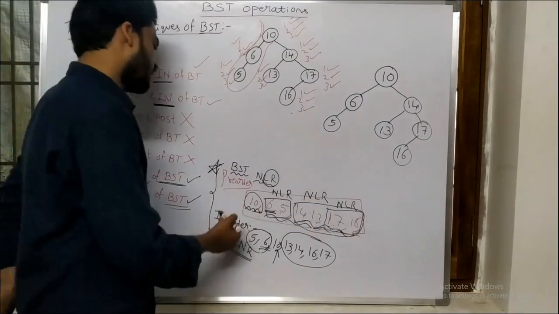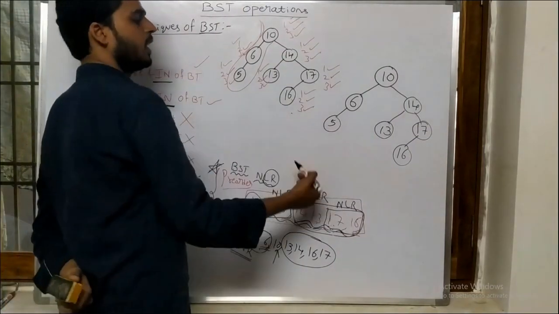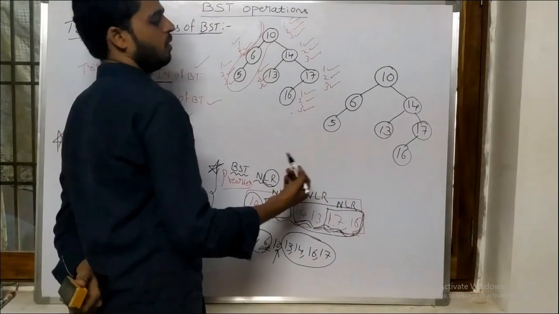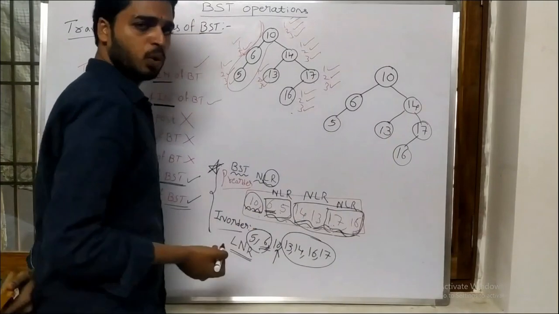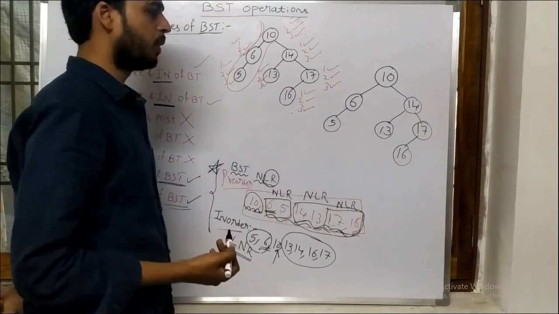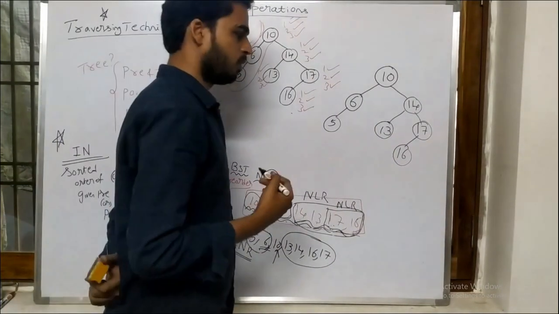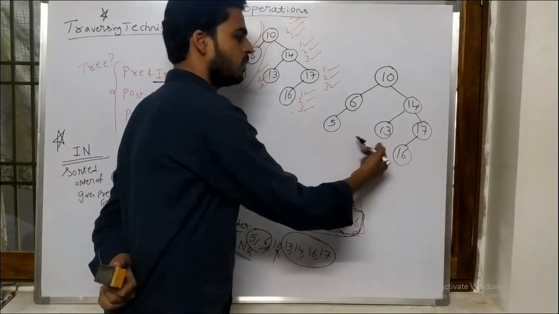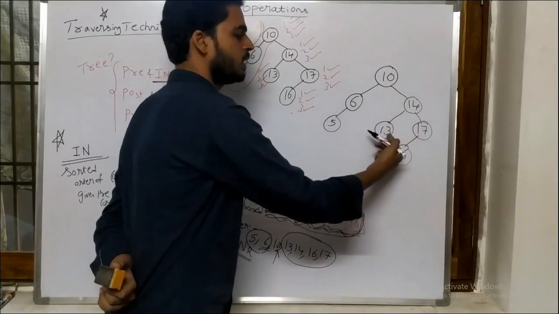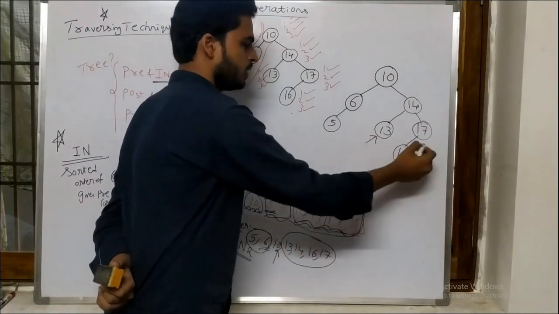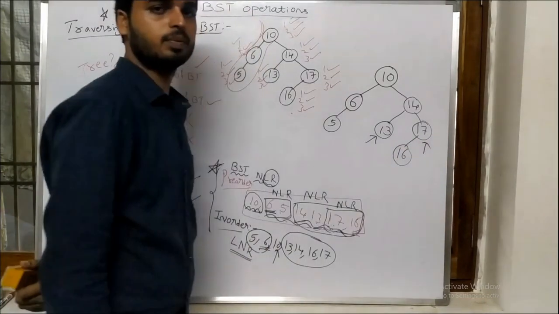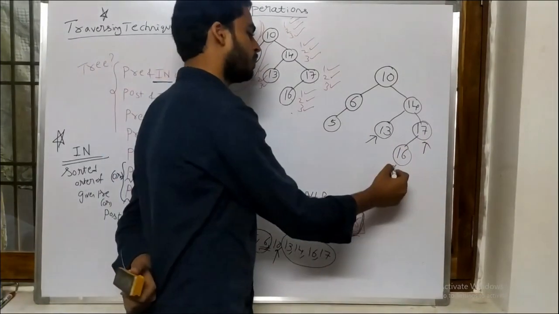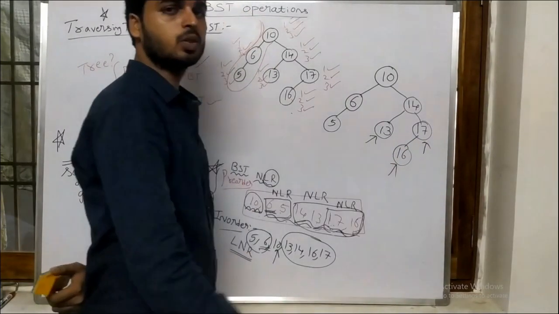And they will ask to construct a binary search tree and they are asking for what is the deepest element or what is the root element or what is the sibling of node 13. They are asking like that. What is the sibling of 13? If they have same common parent, I can call it a sibling, right? What is the sibling of 13? 17. What is the deepest element? Deepest element is 16. Like this they may ask questions.